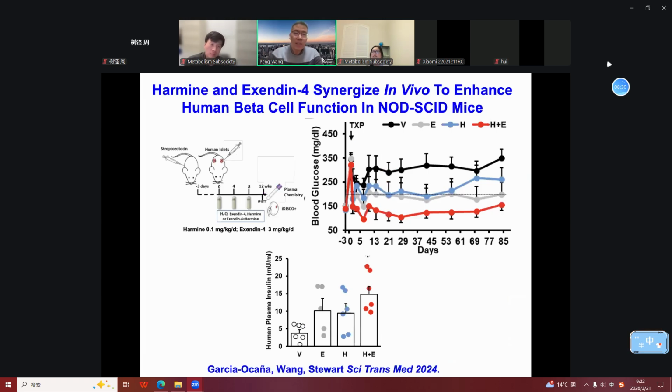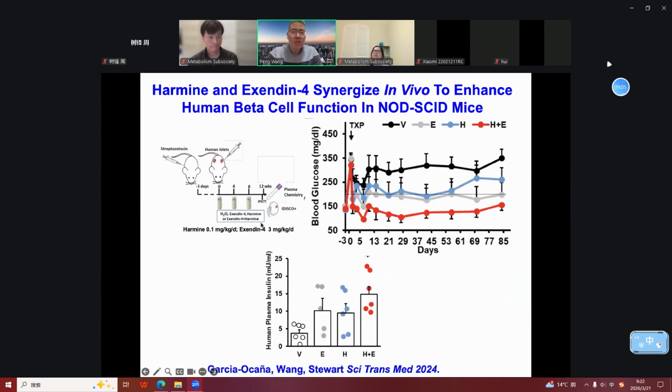So we also ask whether this combination can rescue the diabetes. What we did is we use the same condition, but we use STZ to induce the immunodeficient mice into the diabetic mice, and then we transplant human islets. We use a marginal transplant, and we treat these mice with the mini pump, either vehicle, extended fall, harming,